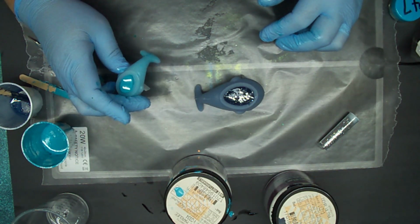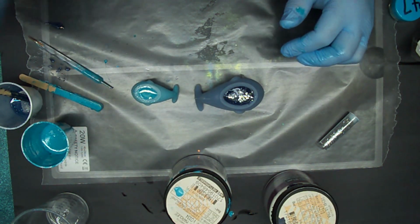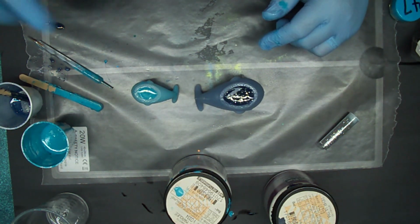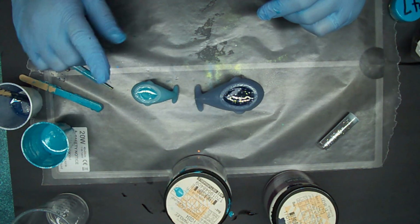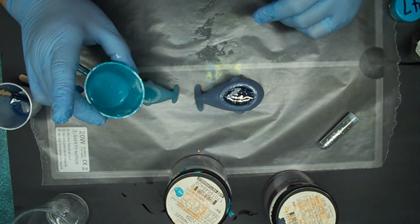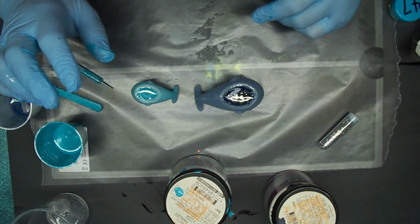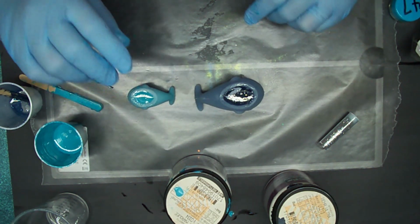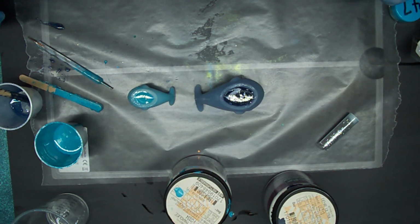I really hope his tail comes out. Oops. Spray it down with a little alcohol. Like I said, I just... too much pigment in this one. Excuse me. Should have just put a slight bit. A little over heavy-handed there. Very heavy-handed. I should have just put a wee bit in there, but we're going to see